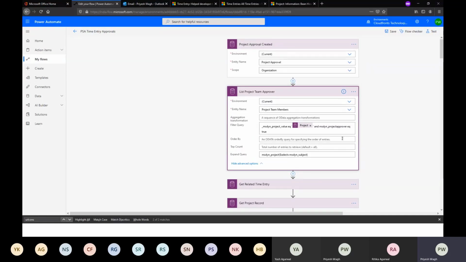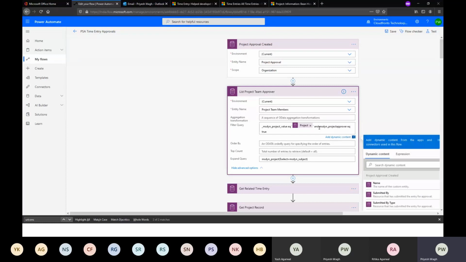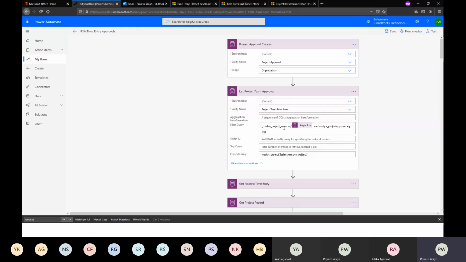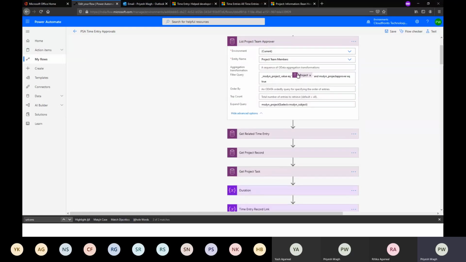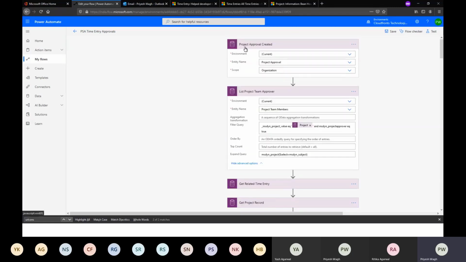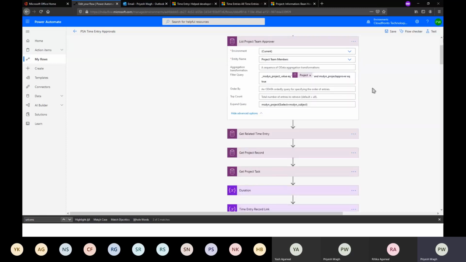If the project approver is true, remember I mentioned there is a field in project team members that can be set to true or false, meaning there could be one or more people eligible to approve a certain time entry. So this is the query I use to get the number of approvers for the project for which the project approval record was created.